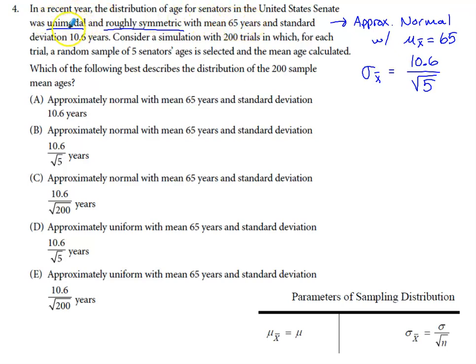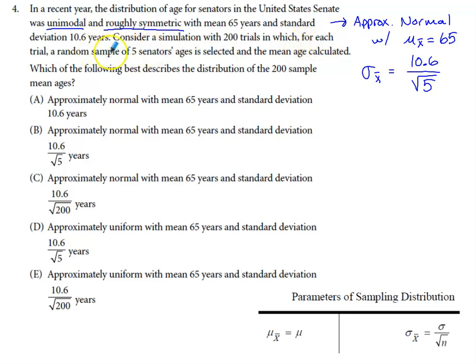The opening of that, unimodal, roughly symmetric with a mean of 65, tells me that the population distribution is approximately normal, right? Roughly symmetric and unimodal are characteristics of an approximately normal distribution with a mean of 65. The standard deviation for the full population of U.S. senators is 10.6 years. They go on to say we're going to consider a simulation with 200 trials in which,